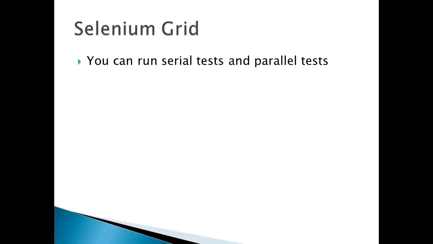And using Selenium Grid, you can either run serial tests, but when you have multiple machines, you can now run tests in parallel. That is, if you were running, let's say, 10 test suites on a single machine, which was taking, let's say, 10 hours, and now if you set up 10 machines, you can run them in parallel, so it will take 1/10 of the time. That is, in 1 hour, you will be done with the whole testing.